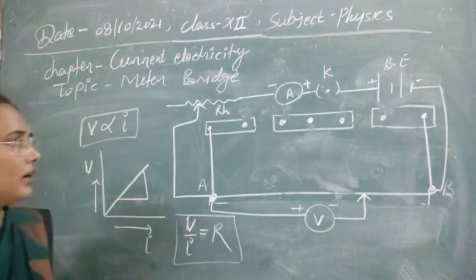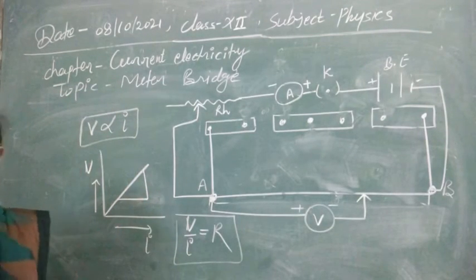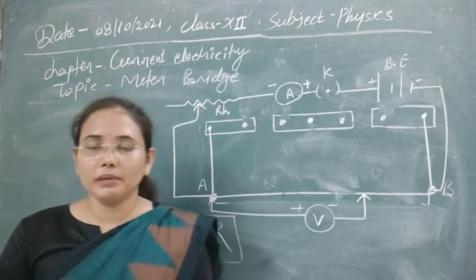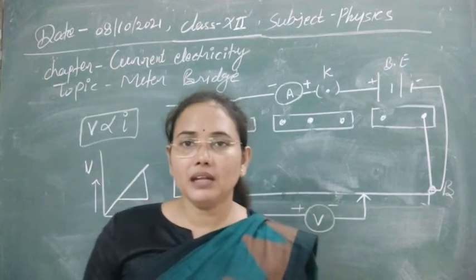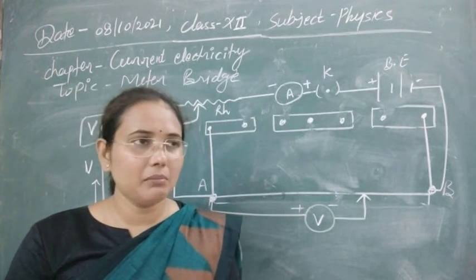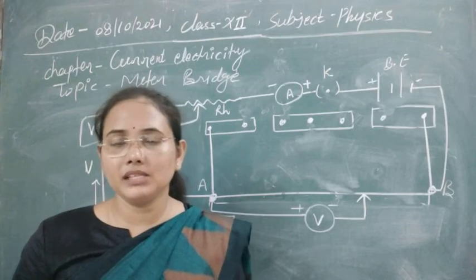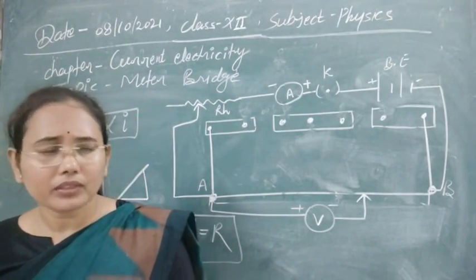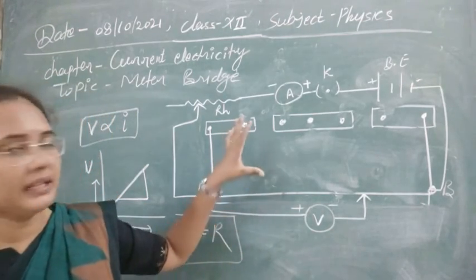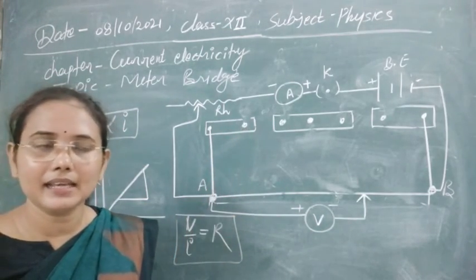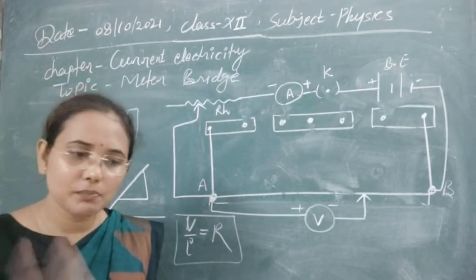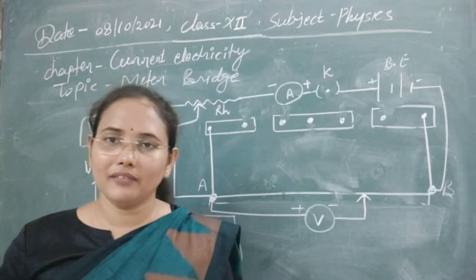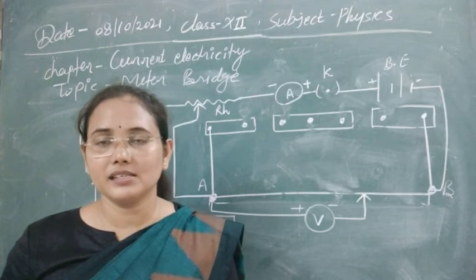So here this is the third application of the meter bridge that we are using in our laboratory to easily verify Ohm's law, because the experiment done by Ohm's law has a problem. A heating problem is generated a lot there. Here also the wire gets heated, but you can still maintain that heating effect, and it is less than in the experiment done by Ohm. That's why we prefer this experiment to verify Ohm's law and find the resistance.